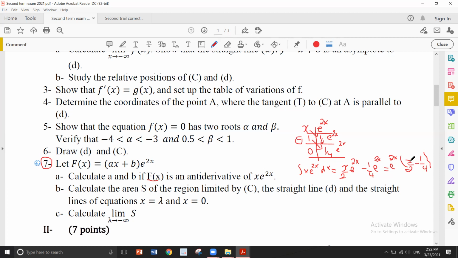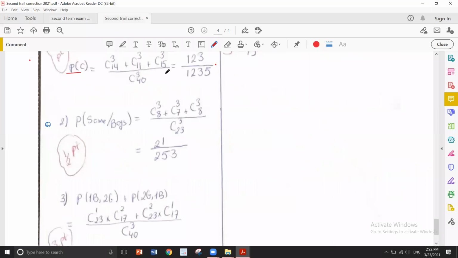Guys, any questions? I can solve it in a different way. The different way is